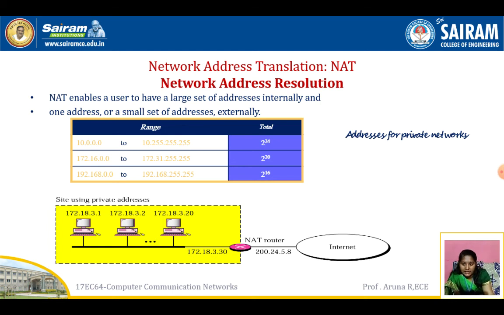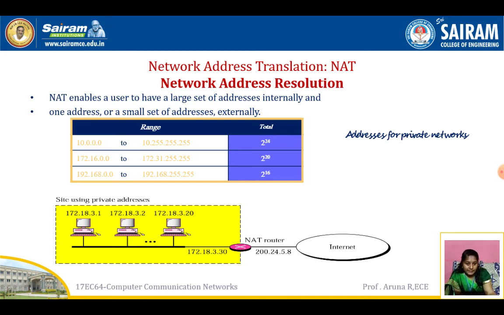Then one more in the range 172, then one more in the range 192. These three are the ranges used for private addresses. Whatever is in the yellow color is assigned by the network manager inside the network. When the address is going out of the network, you can see inside the network the address starts from 172, but when it is going out of the network, it is using the number